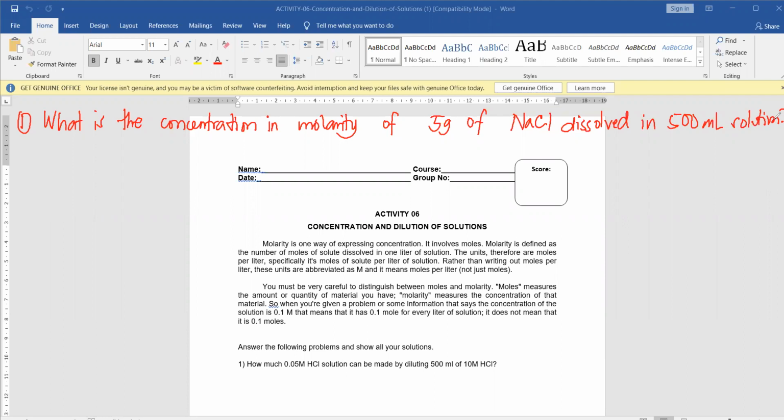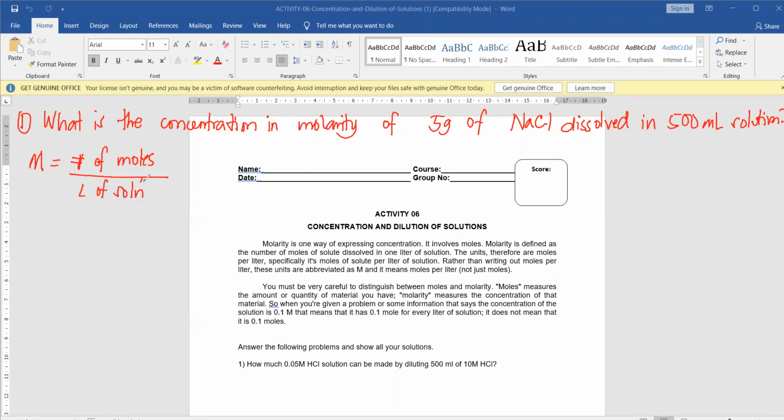How are we going to compute for this one? Remember, I have given you the equation or the formula for molarity a while ago. Molarity is capital letter M. This is equal to the number of moles of our solute. Remember, the definition of solute is the substance that is being dissolved in a solution, and it is present in lesser quantities compared to the solvent. And then the number of moles will be divided by the liters